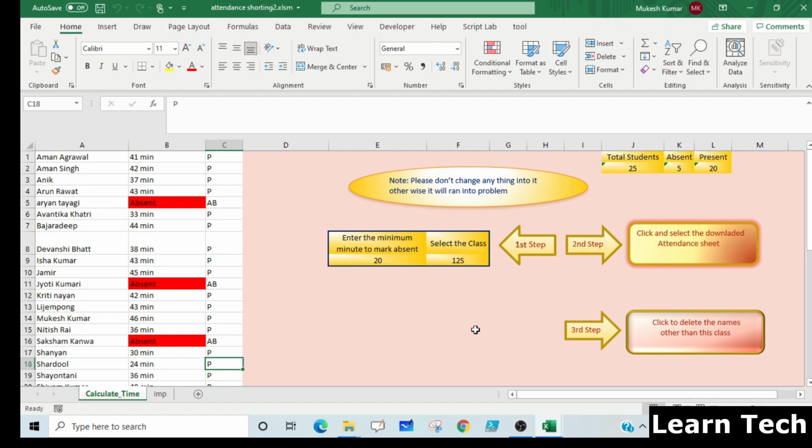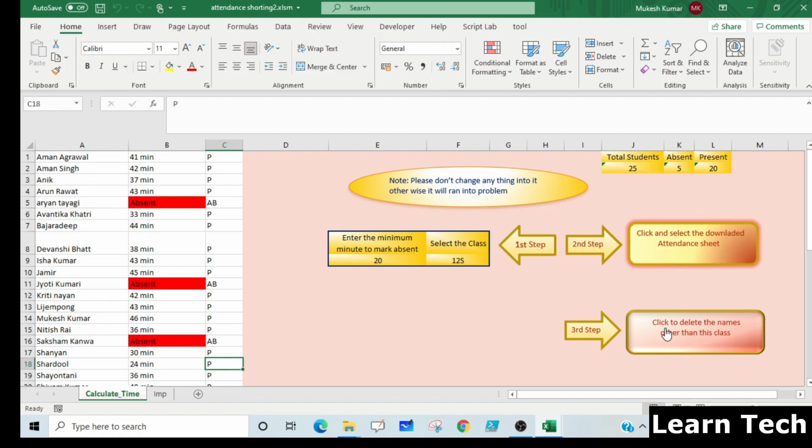Now the last step, the third step. There may be chances that some guests, or others from your organization or other classes, have joined that meeting. You may want to remove the names of those guests or students who joined this class but are not part of this class. So just click on this, which is actually cleaning the data.